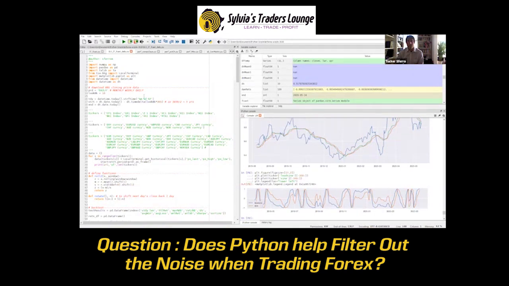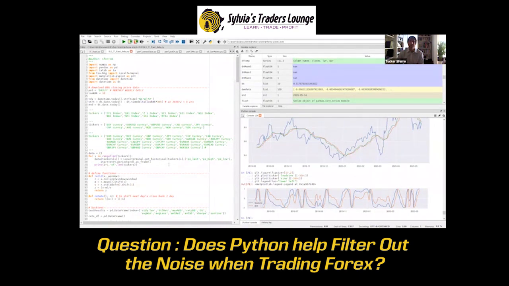But then, just so I cover my grounds here in terms of the question, in terms of filtering out noise, one of the cool things you can do, I didn't get into it with this, is use what's called a MARS algorithm, a multivariate adaptive regression spline. I don't know how to say that, but you can run a multivariate regression, which is just a fancy way of saying a regression on a number of variables.